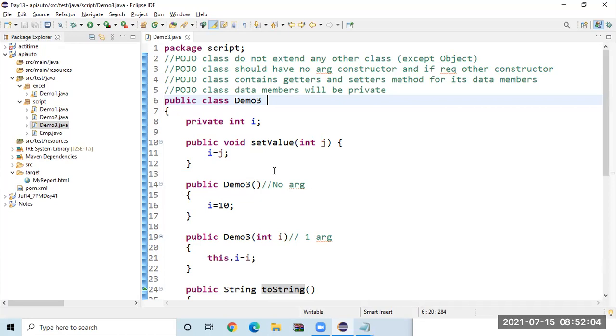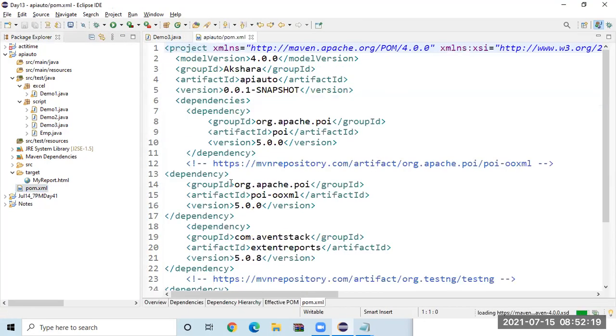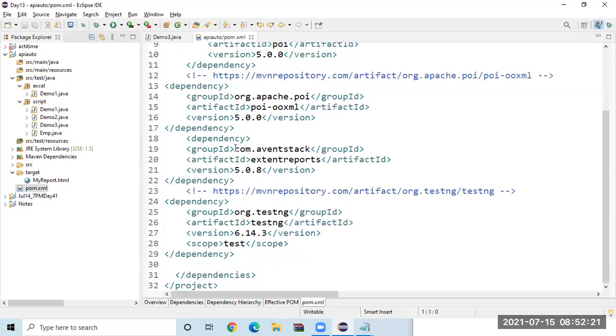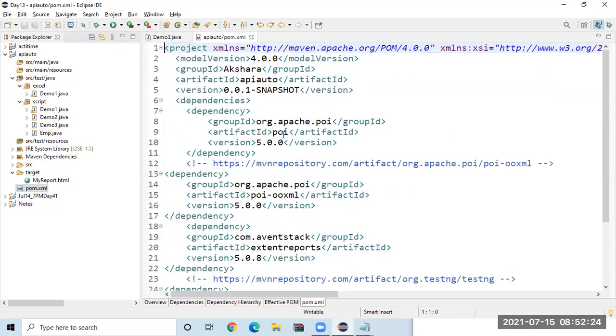And last but not the least, reading the data from the Excel file. We saw that. In all these scenarios, instead of manually downloading the jar file and updating it, we take the help of Maven, which automatically takes care of it. For the entire Maven, we use pom.xml. And if anything else is there, Chandra sir will teach you the other plugins and so on.